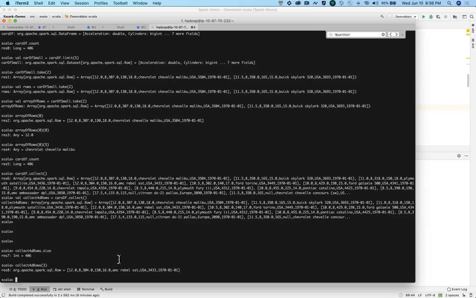Okay, let's say we have a data frame of 400 rows. Now let's say you have 4 executors, or for simplicity we can have 4 machines. What Spark will do is distribute 100 rows to each machine. Yeah, so that's the